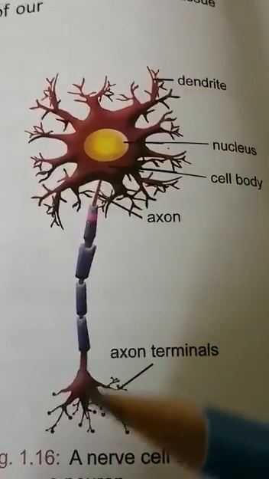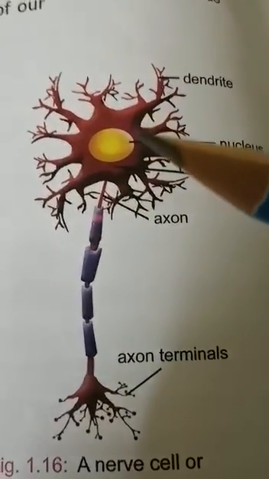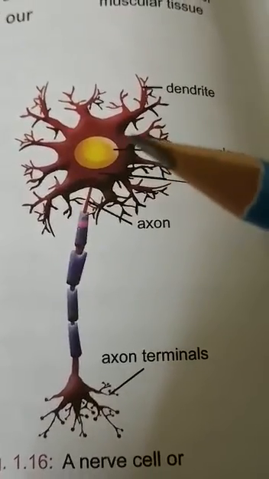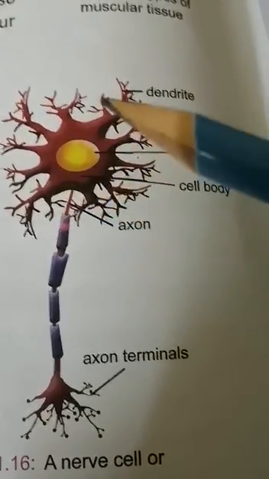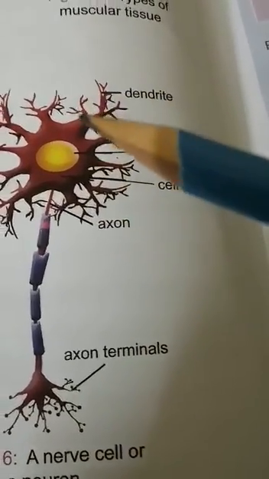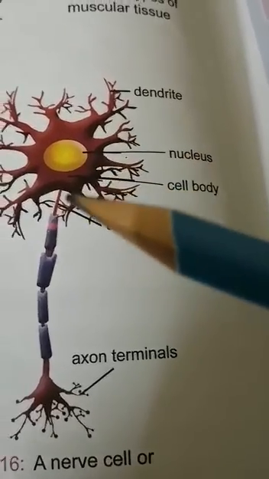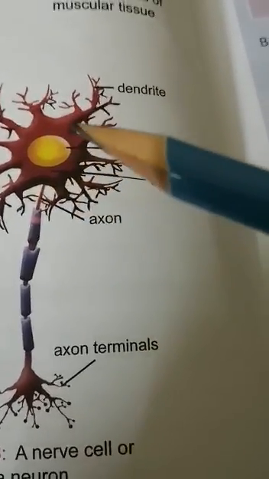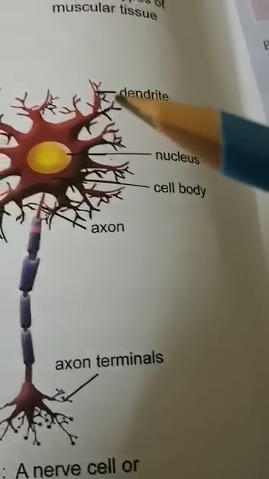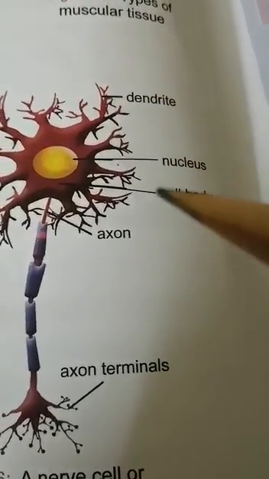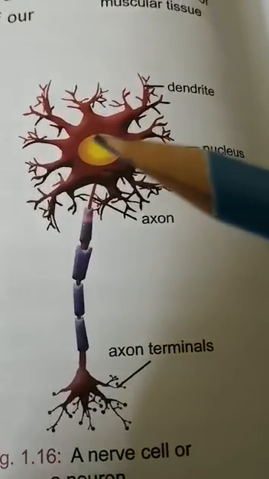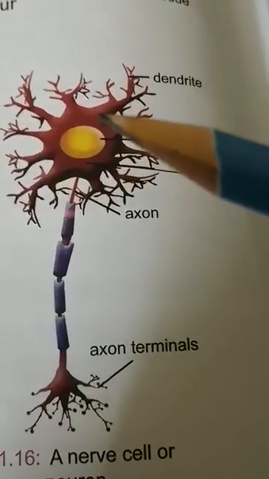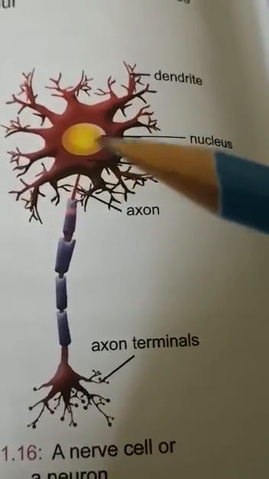So if you see, this is the structure of a neuron. So this is one cell in the nervous system, which makes your brain and spinal cord. So from here to here we call it as the cell body. It contains many thread-like structures. Here you can see they are all dendrons. Now each dendron is again branched. So these fine branches are called dendrites. And in the center it has got a nucleus. Because nerve cell is an animal cell, so it also has a nucleus. It will have cytoplasm and all the things which are present in the animal cell.